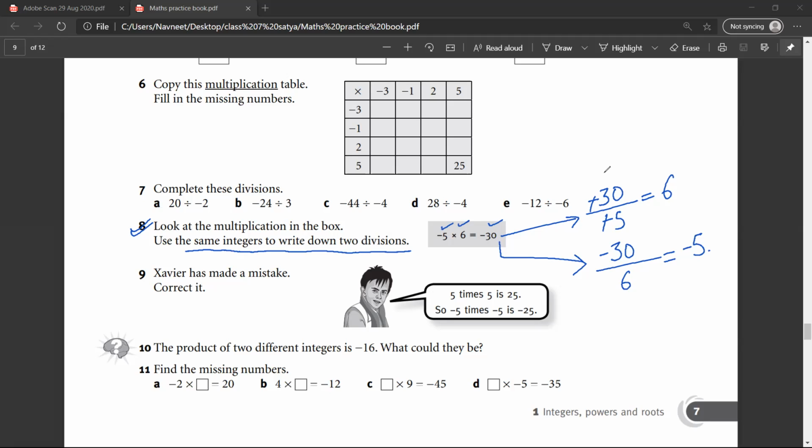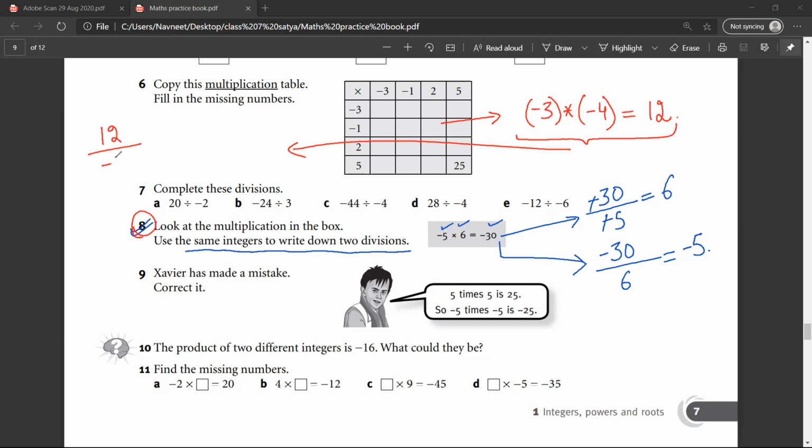See, in this question, this is what they are trying to tell you: say, for example, when we were doing multiplication, we learned minus 3 into minus 4 is 12. Now, what they are trying to tell you in this question is that I can write this as 12 divided by minus 3 or 12 divided by minus 4. So this would be equal to,